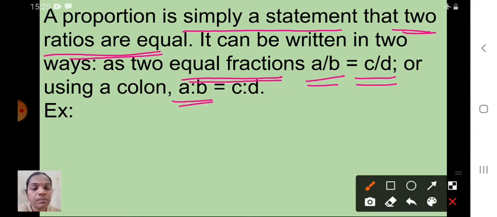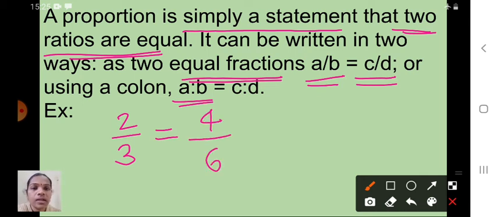See here children, I will give an example here. Proportion means what? Two ratios that are equivalent fractions. Okay. So children, when you solve sums, it will be easily understood. So for that you have to wait. Yes, you will study that proportion in your 7th standard. Okay children. So just keep in mind that proportion means two equivalent fractions. Comparing two equivalent fractions, the example here is 2 upon 3 is equal to 4 upon 6.